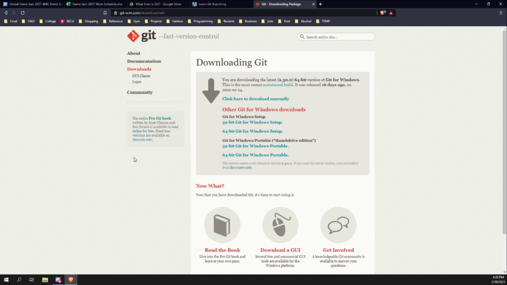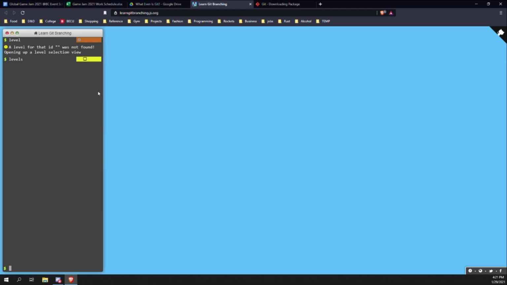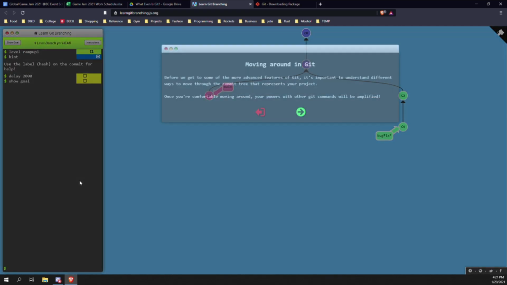How do you detach head? It says warning, detached head state. What is a detached head, Evan? So head is... I can't remember. Wait, how do I get out of this? Do you know which one that was? One or four? It's one. Oh, detaching your head. Head is...